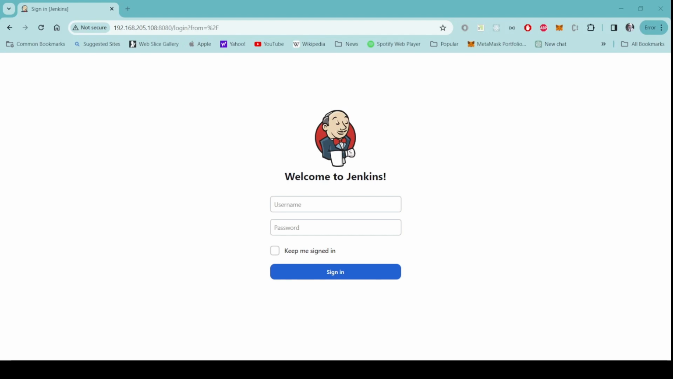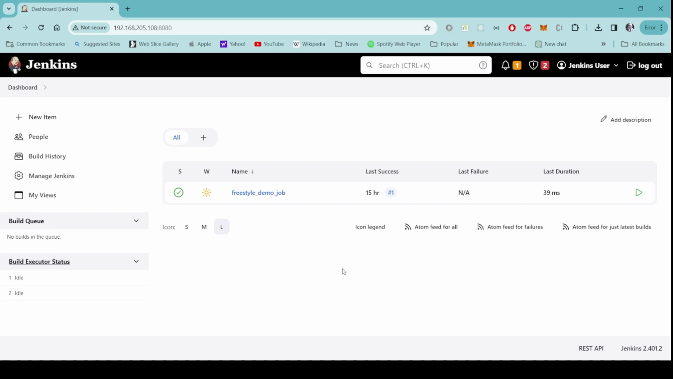Now let's dive into creating a Jenkins freestyle job with artifacts. We will start by navigating to the Jenkins dashboard. I will enter my credentials and click on the sign in button. Here is the Jenkins dashboard. At the moment there is one job